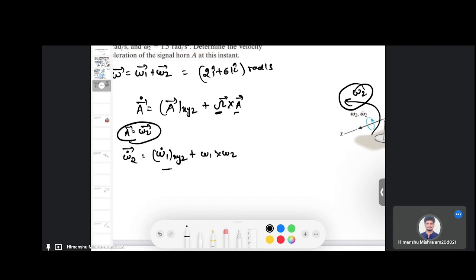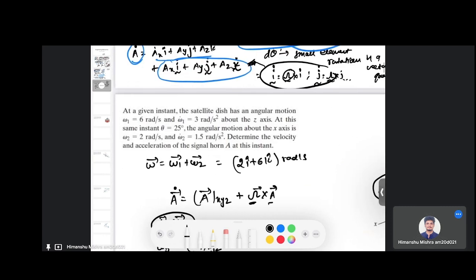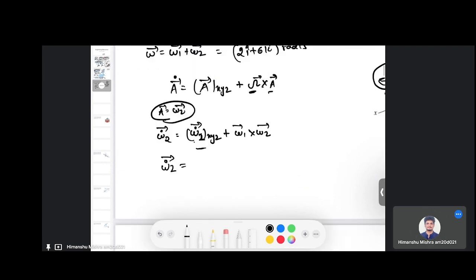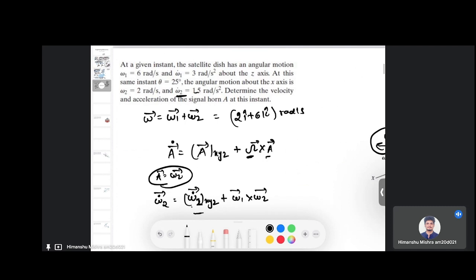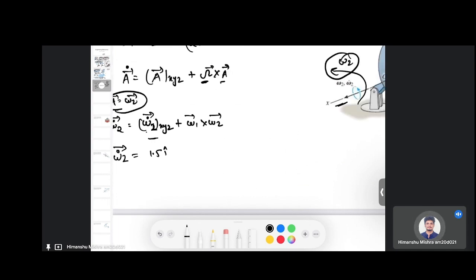So I can define omega 2, or these are vector quantities. So what is omega dot 2? It is 1.5, which is given in the equation. Omega dot 2 is 1.5 in the i direction, because it's along the x-axis,